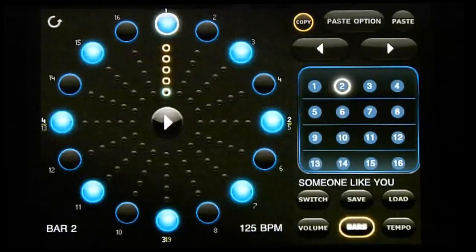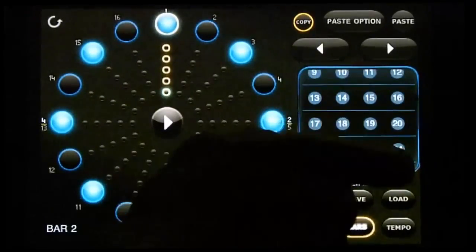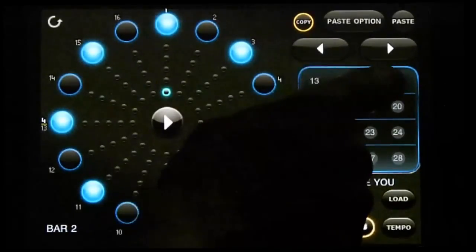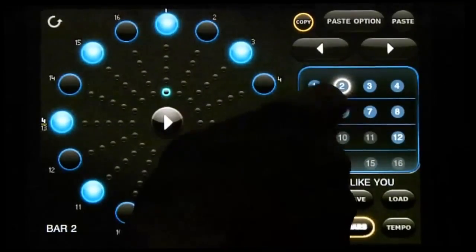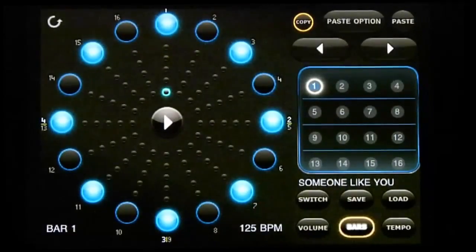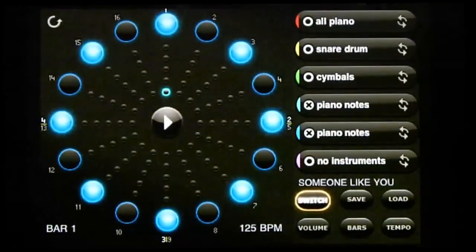So this is the piano part to an Adele tune, Someone Like You. Though Adele is so much about her voice, I think for this particular tune the piano part is a beautiful, very simple tune. I thought we'd show you how to put it into O Generator. It's not set in stone that it has to be played in this way, by the way, but just in terms of how it's written, it may give you some ideas about writing a piece of music using this kind